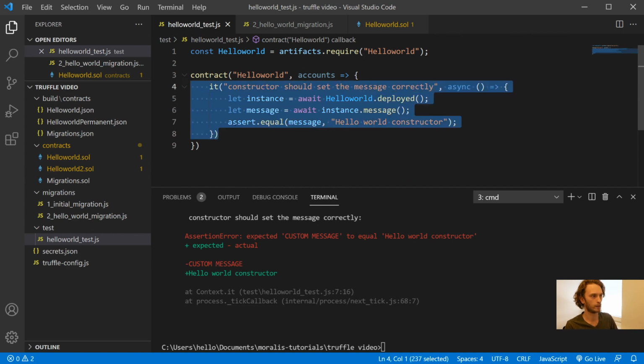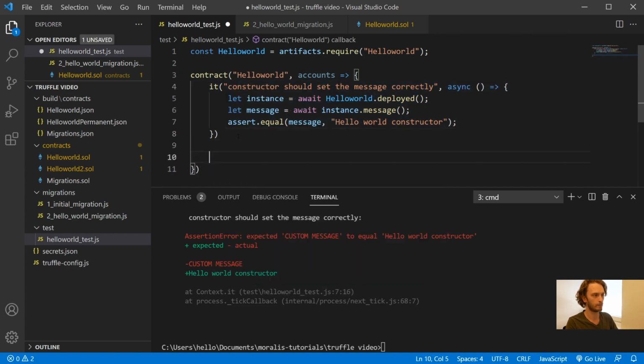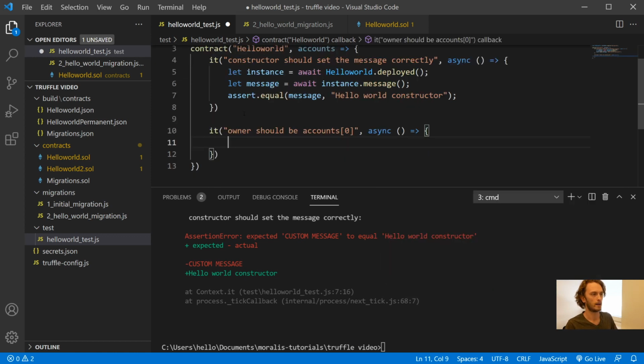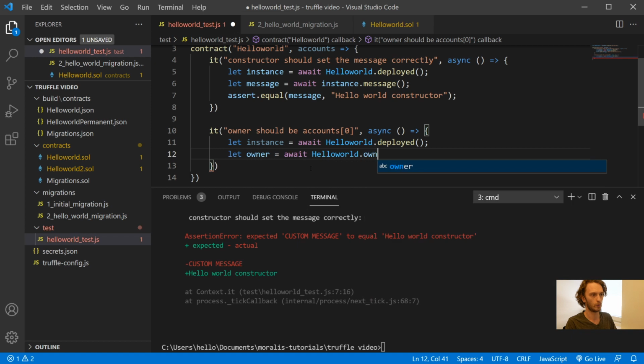Another very important thing, if we make another test here below, is that owner should be accounts 0. It's a very important test that we set the owner correctly, because in our contract we might have functions that can only be executed by the owner, and to have the correct owner set is very, very important. So let's do the same thing here, and we'll get the instance same way as before, and then let owner be equal to await hello world.owner, and now we'll assert